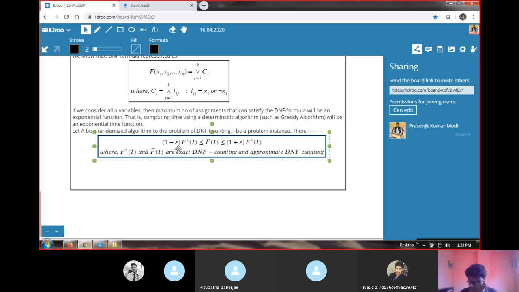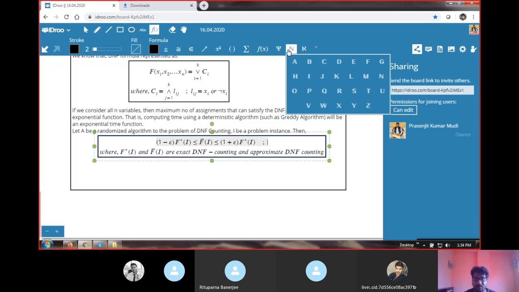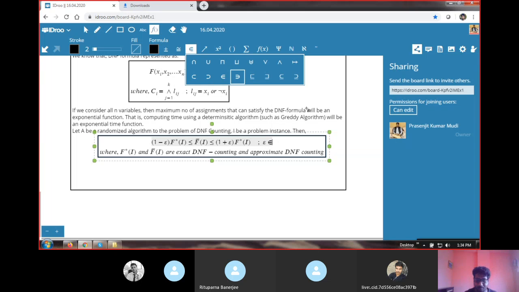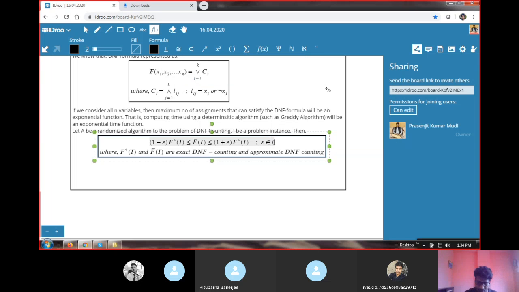Okay, so (1 minus epsilon) F star I is less than or equal to F bar I, which is less than or equal to (1 plus epsilon) F star I. Okay, so epsilon is some positive constant that belongs to 0 to 1. Okay,